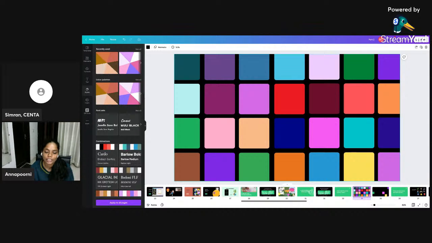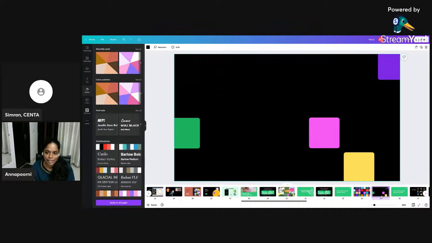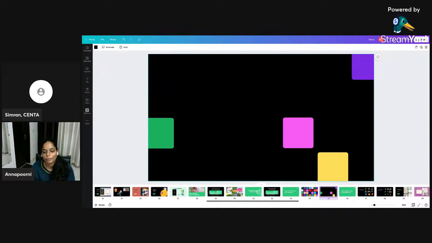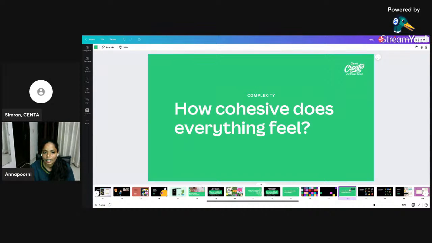You cannot have 30 different colors because then your learner's attention would be distracted. Okay, so it's sometimes better to choose a few colors that you want to focus on and keep your information that way so that the learner can attempt it and assess it better. So, how cohesive is it?